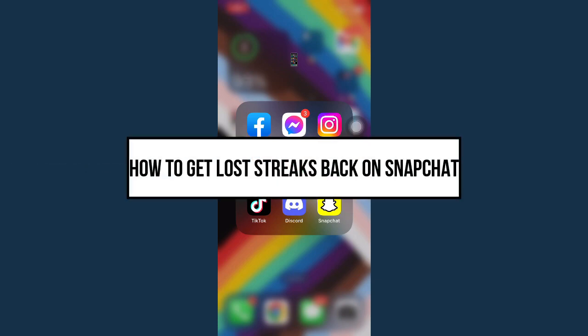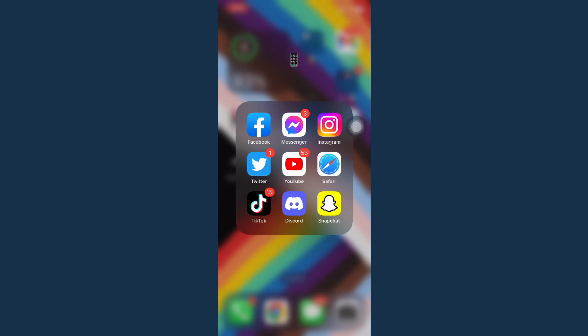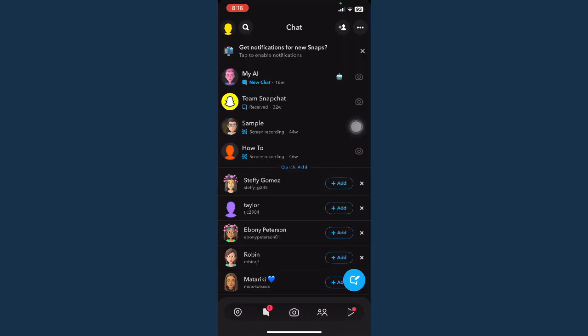How to get lost streaks back on Snapchat. So, as of today, there's still no option or feature in which you may be able to get back your lost streaks on Snapchat. Well, what I would suggest is that you should open your Snapchat app, go to your